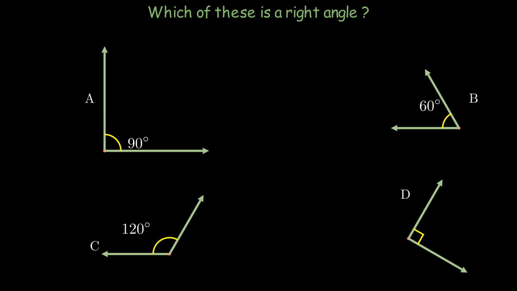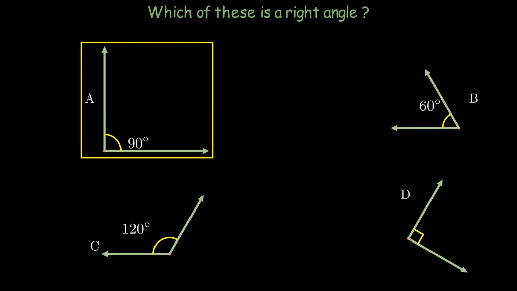Alright, so let's review the options. For option A, this angle measures exactly 90 degrees, so it is a right angle. For option B, this angle measures 60 degrees, and since it's not 90 degrees, it's not a right angle. For option C, this angle measures 120 degrees, so it's also not a right angle. For option D, this angle shows a small square at the vertex, which tells us it's a right angle. And remember, the small square at the vertex represents a 90 degrees angle, so options A and D are both